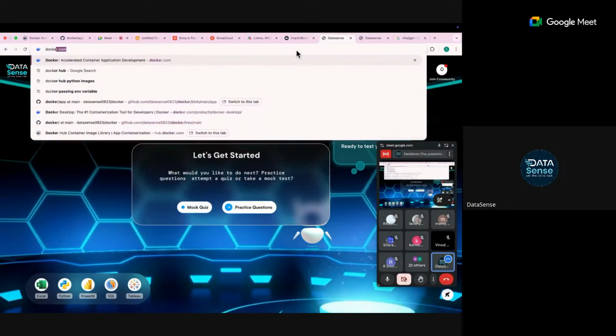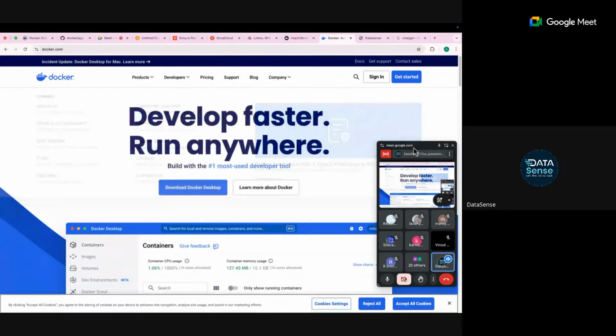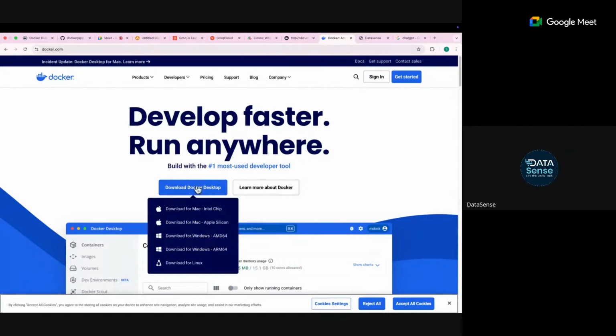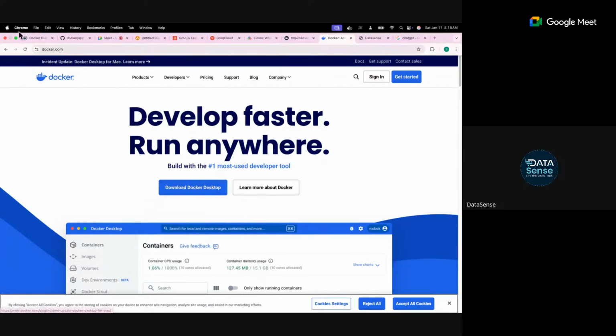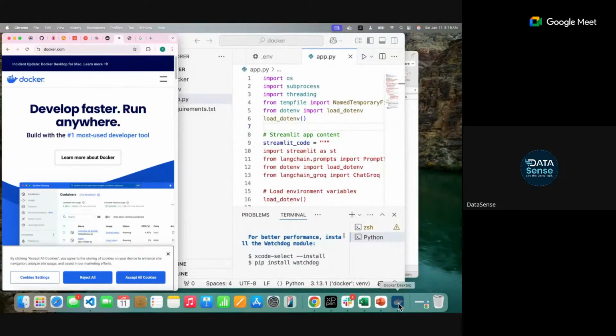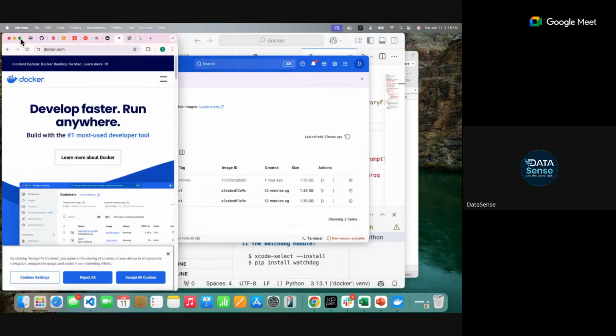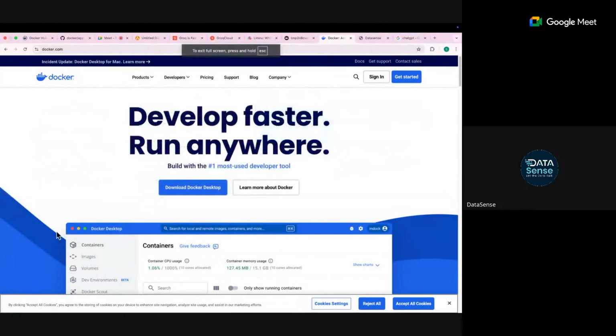So this is Docker. If you see, this is the website docker.com. First of all, please do one thing. I already told you to download Docker Desktop. If you download Docker, it will look something like this for you. I will explain what all these things are in the session, but please just download it. First of all, let us try to understand what is the meaning of Docker.